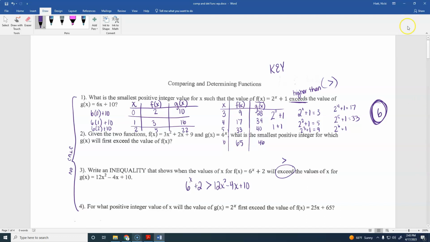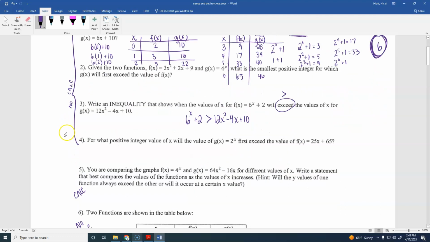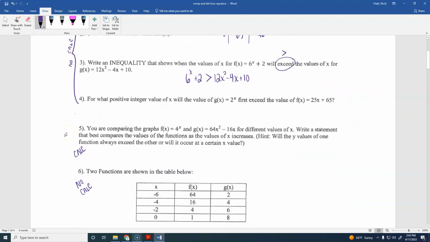Two and 4 are going to be more like number 1, where you're going to make yourself a little table for that. Yes, you're welcome to use the whiteboard, especially for those tables, because they don't fit there very well. But let's do some that require a calculator here first before we work on those others. So, all right,